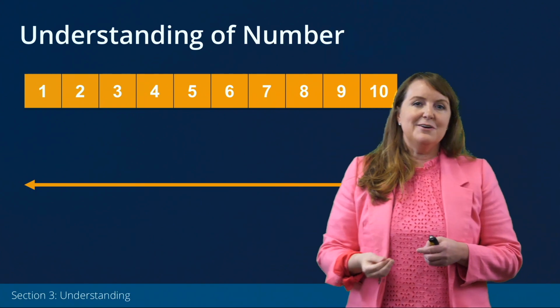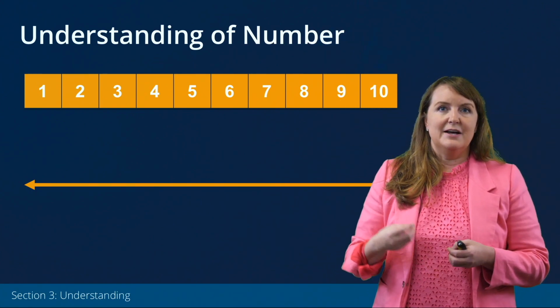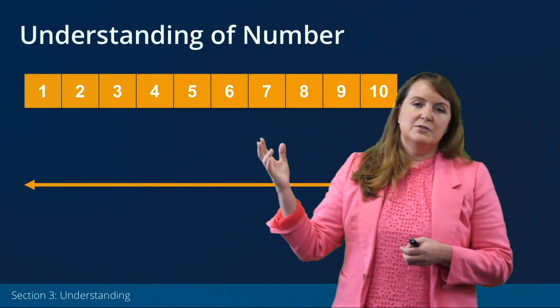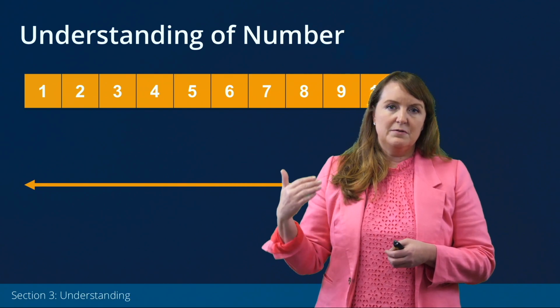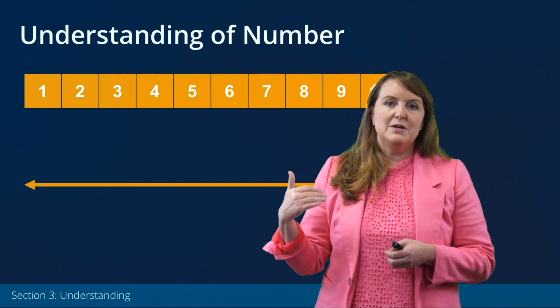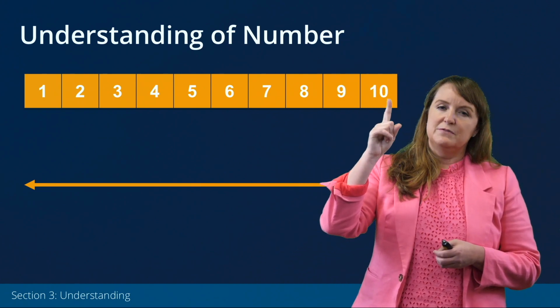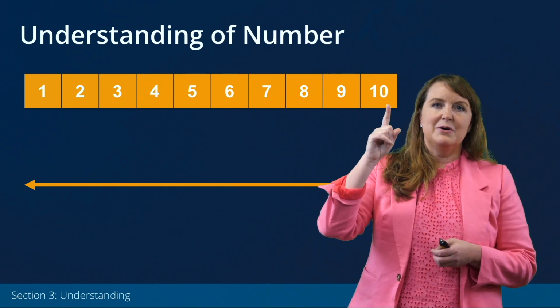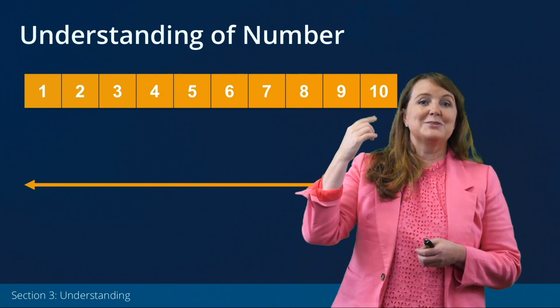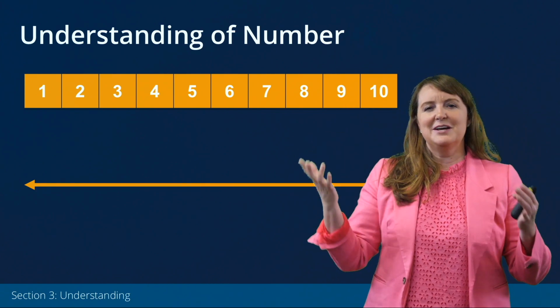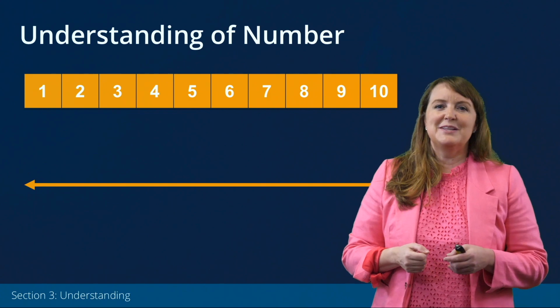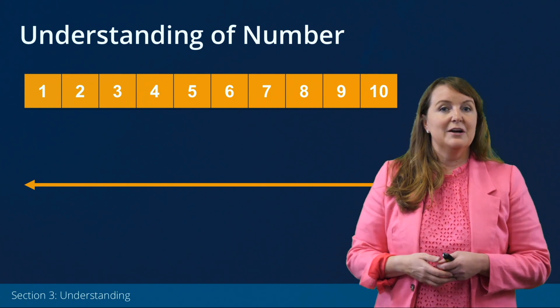But then as I look at this number path, I see that it has these numerals in it. So we have 10 numerals, 0 through 9, and those numerals can be used to construct any number. So 10 is constructed of 2 numerals. 10 is a number, while 9 is a number, but also a numeral. A little bit confusing there, but that's one of the ways we think about all of this vocabulary related to